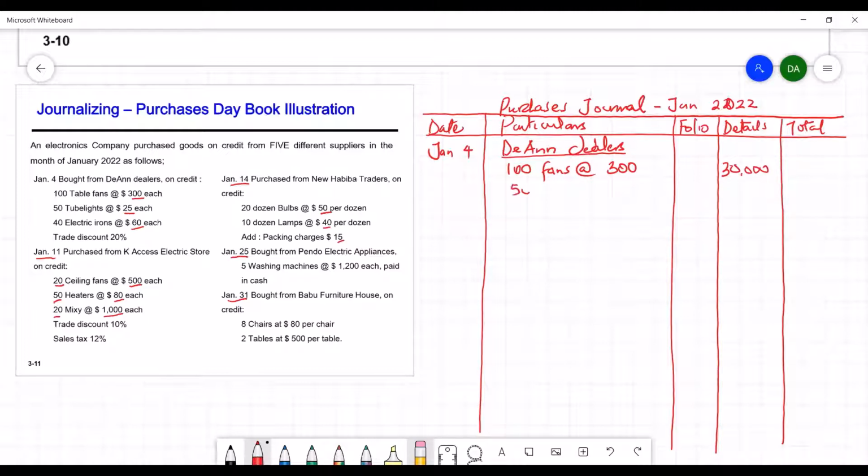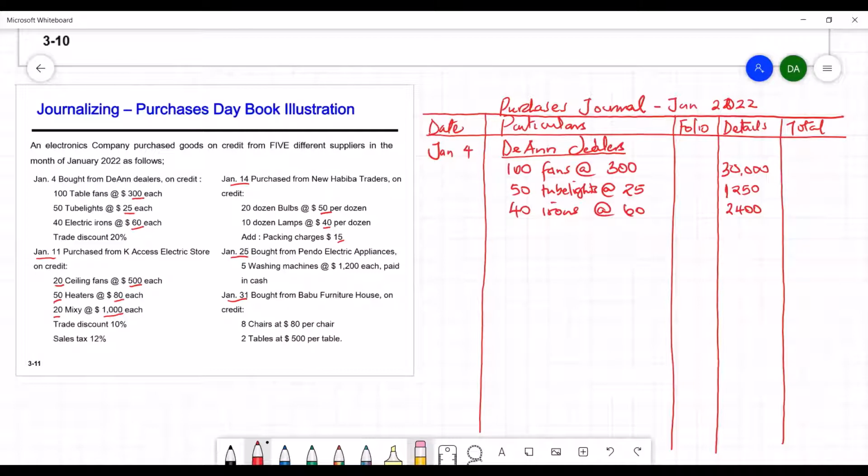Then we have 50 tube lights at $25 each, and 50 by 25 is 1,250. The next one is 40 electronic irons, each at $60. 40 at $60 is 2,400. And then there was a trade discount of